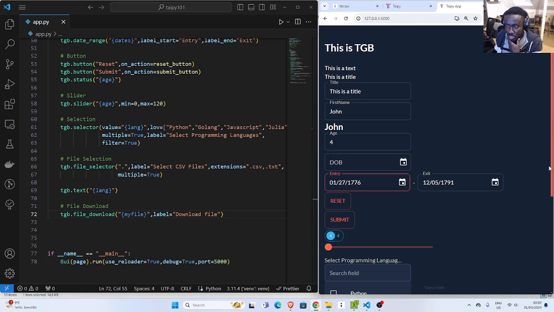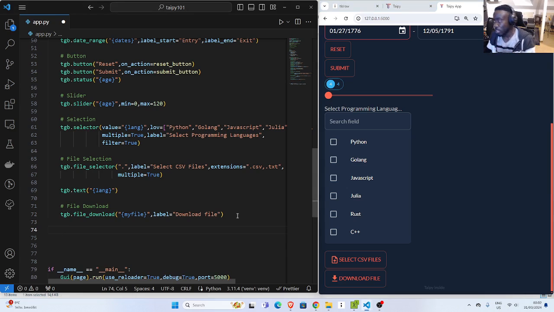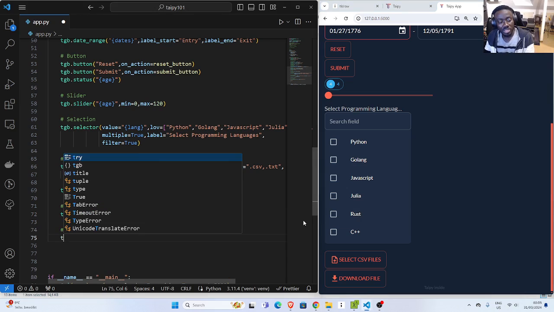What else is important that we can do with this? So now we have the file download here, and you have a function attached to it. On the on_action method, you can do some stuff with it. Okay, let's move on to media, right? How do you work with media files? So for now, what I know is that we can do